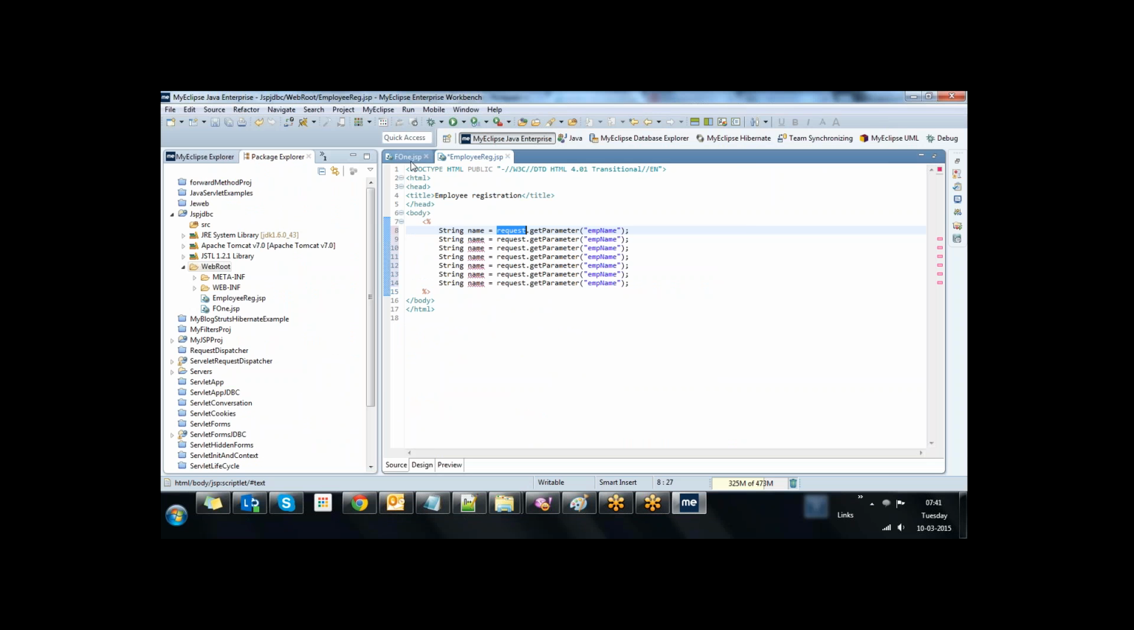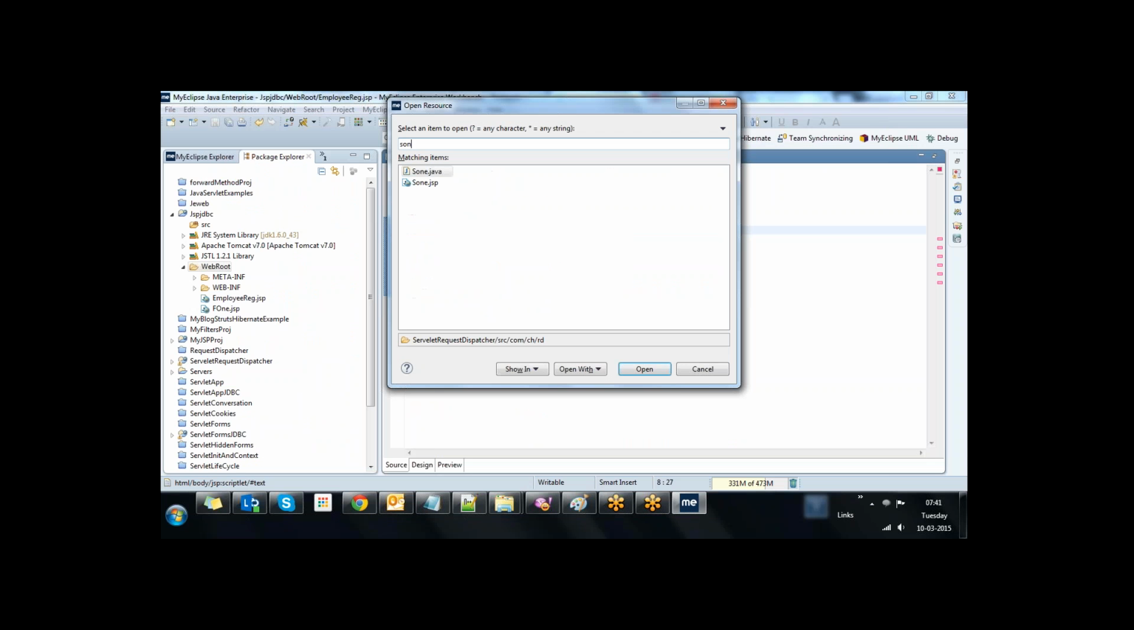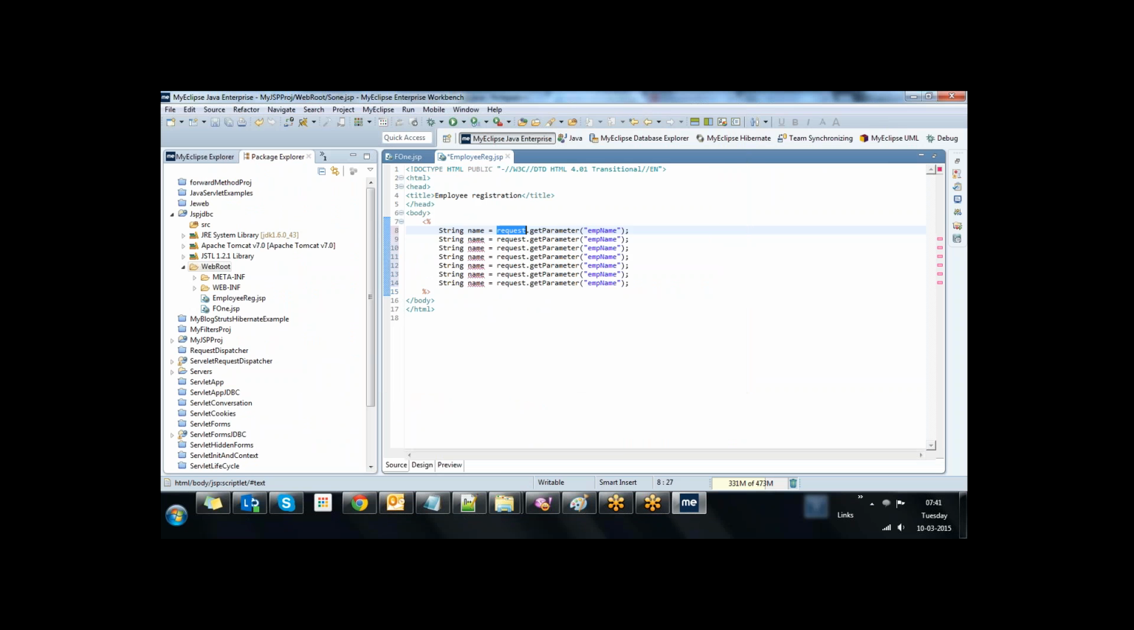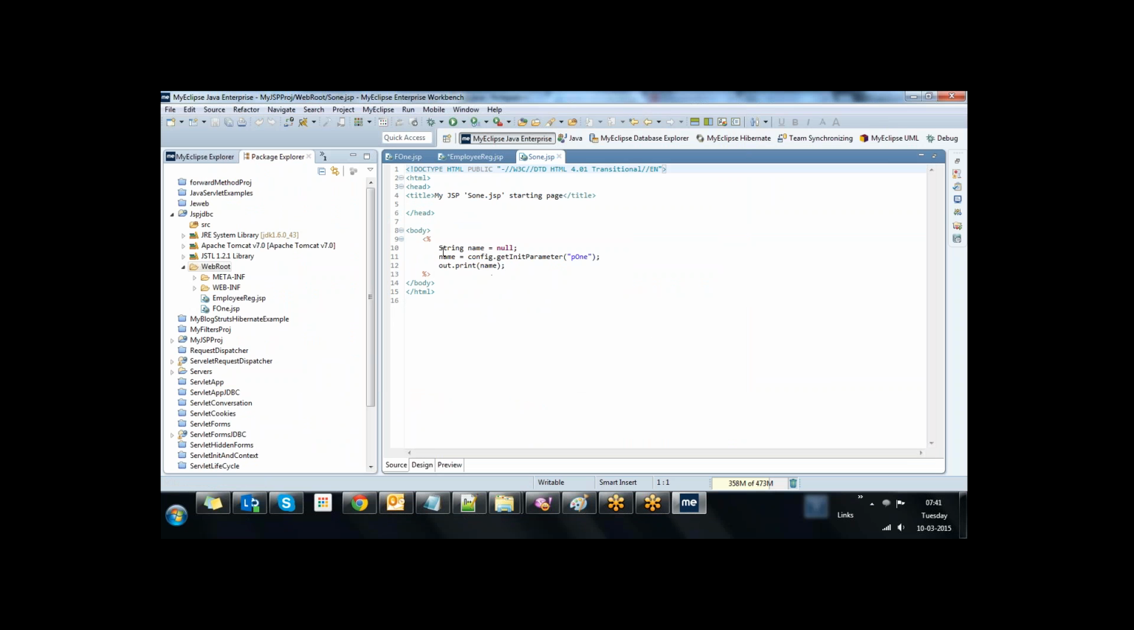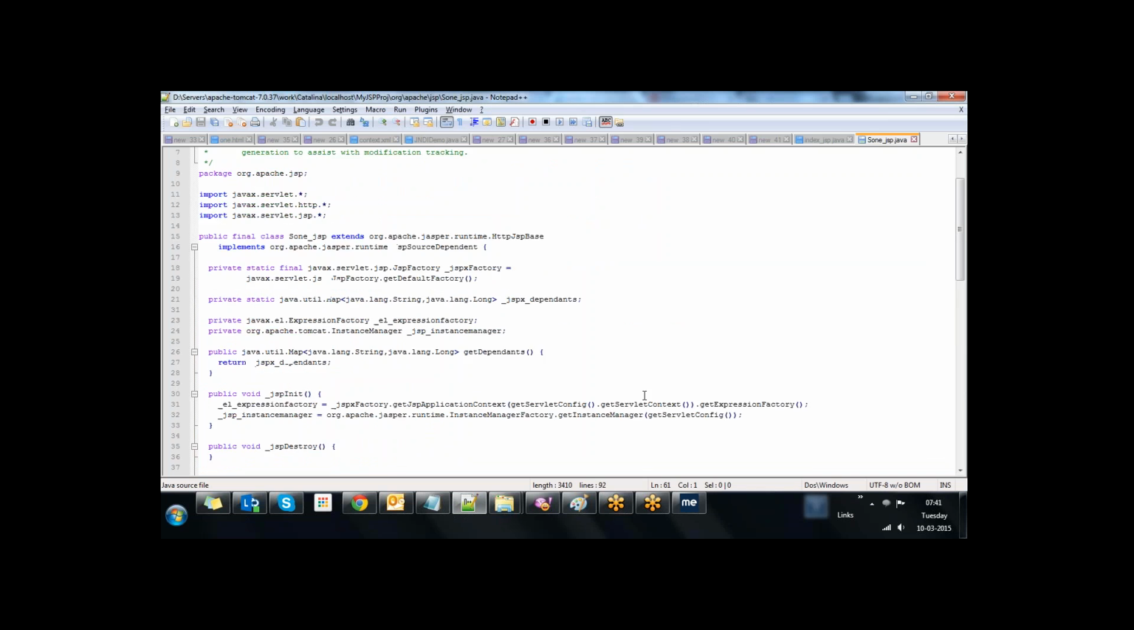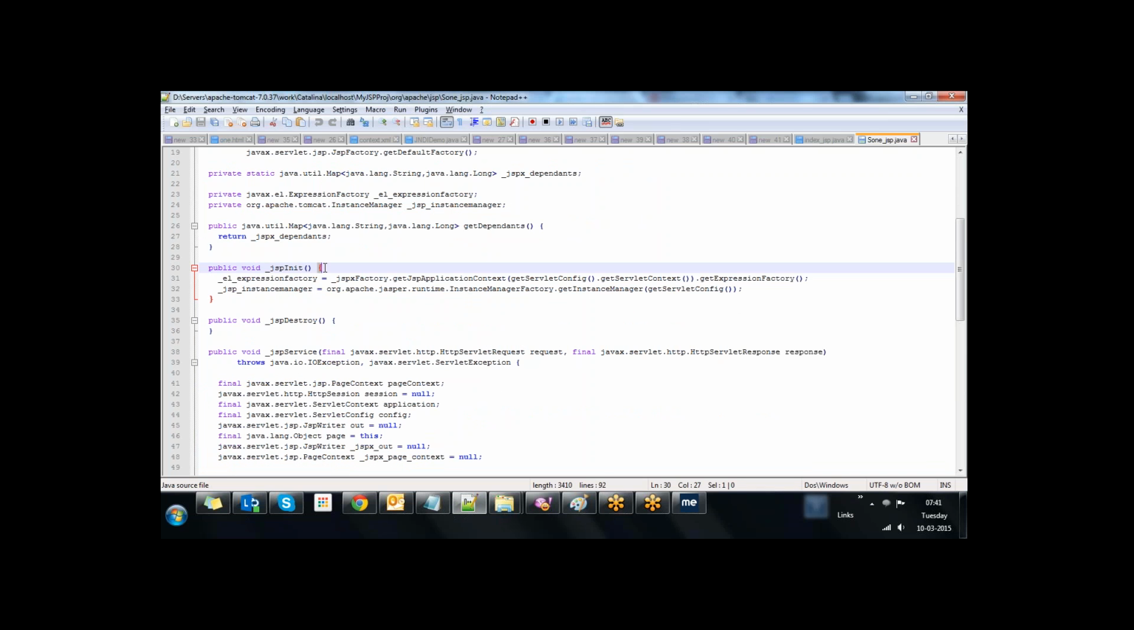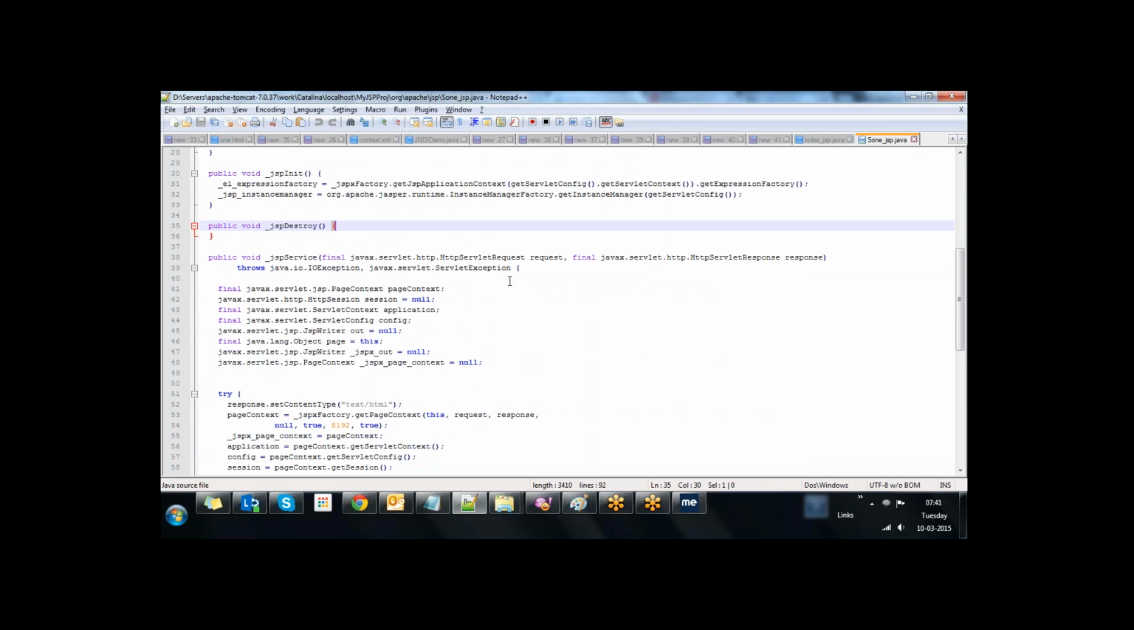One second. Let me open s1.jsp. Okay, see here. I declared a scriptlet in the body tag. String name equal to null, name equal to config.getInitParameter of t1, out.println of name. Just these three lines of code in the generated servlet. Go back and see here. So in the init method there is no change. Just in the service method,